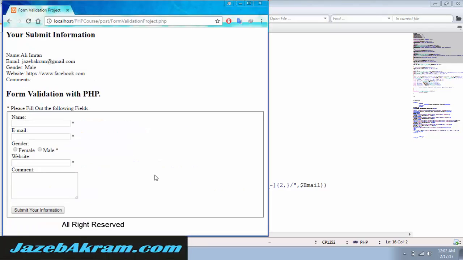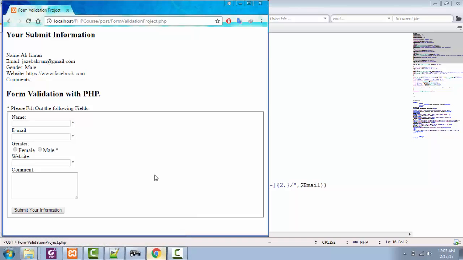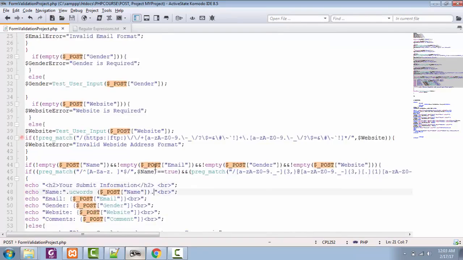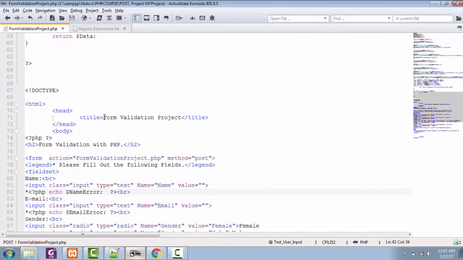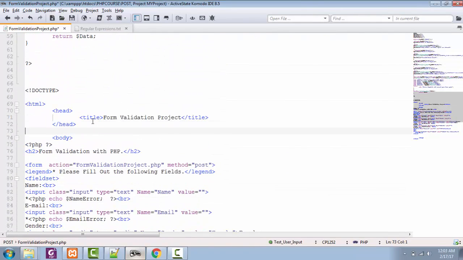Now everything looks good, but this form is quite dead. So let's add some CSS life here. I'm going to add CSS styles so that you can also learn how you can add CSS styles inside your PHP code. It's the same, don't have to worry at all. Moving back to the editor, right after our head section, I'm going to add a style tag for our CSS. Let's make its type text/css.